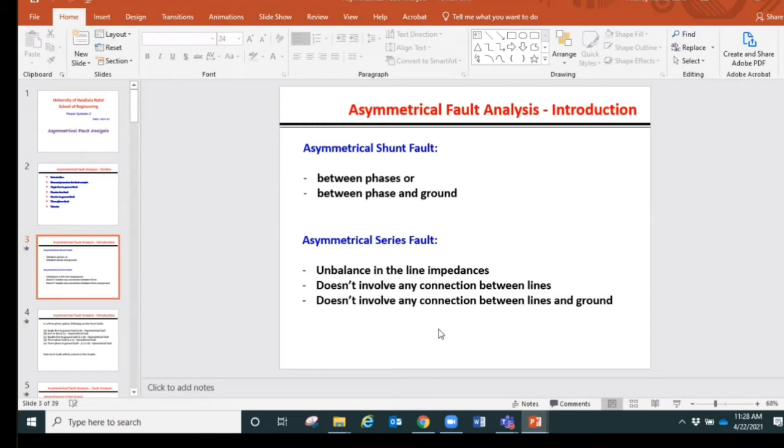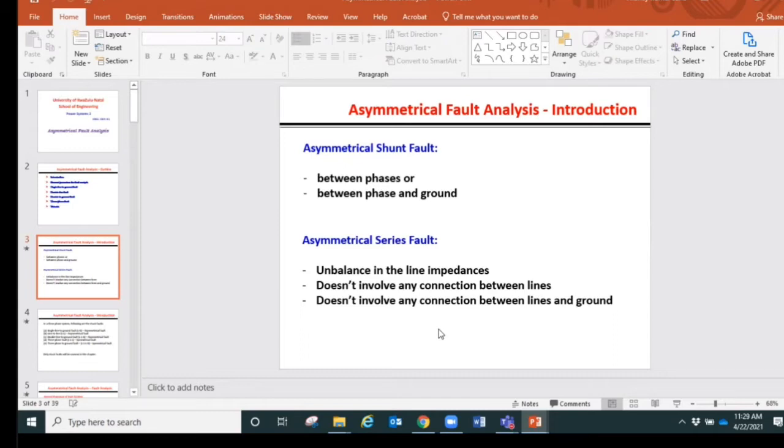Is it clear about the differences between shunt fault and series fault for asymmetrical type? So asymmetrical faults are now divided into two categories: shunt fault and series fault. Shunt faults happen between any two phases or any two lines, and it can be in another form if any of those three phases is grounded,